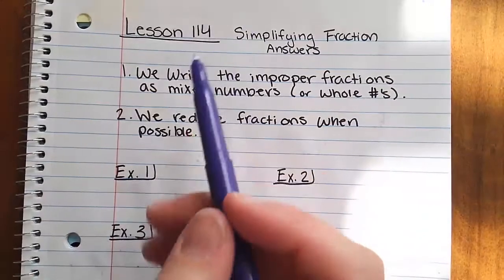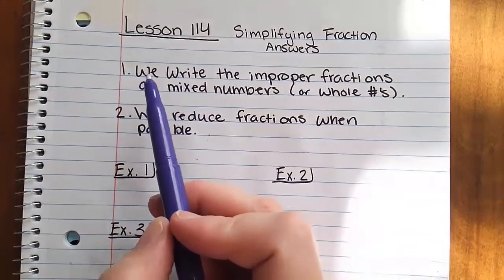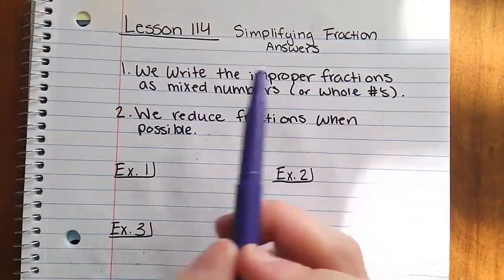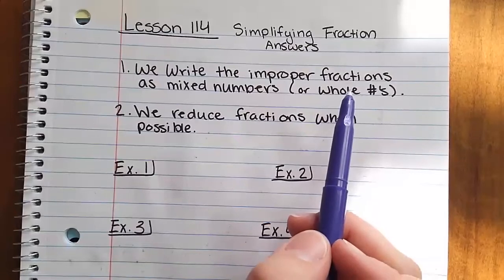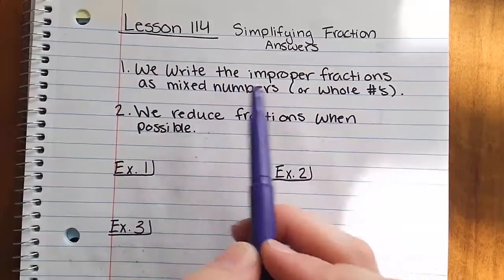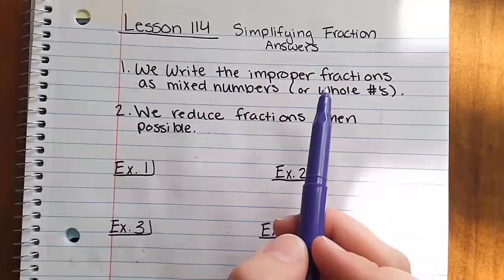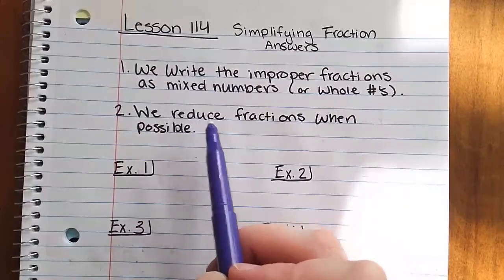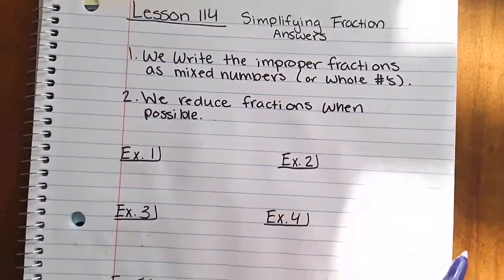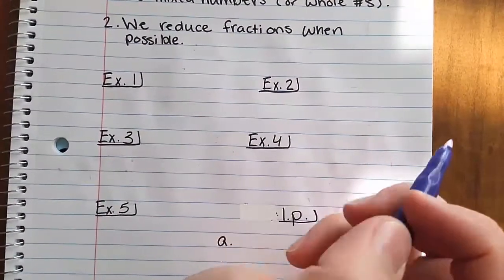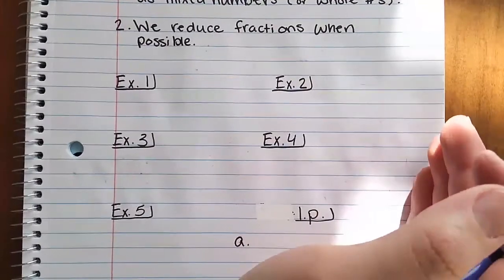When you get an answer, it can either be that we write the improper fraction that you get as a mixed number or a whole number, which was a lesson that we did, taking improper fractions and turning them into mixed numbers or whole numbers. Or today, what we're going to do is reduce when possible. Now, the last lesson we did was reducing. So now we're going to take our skills of what we know about fractions